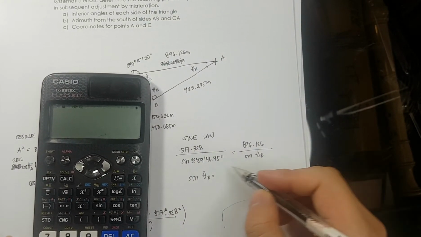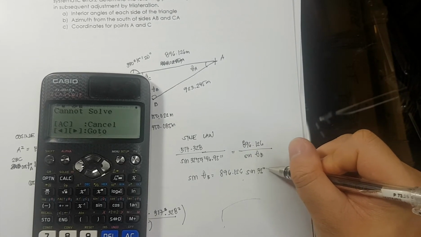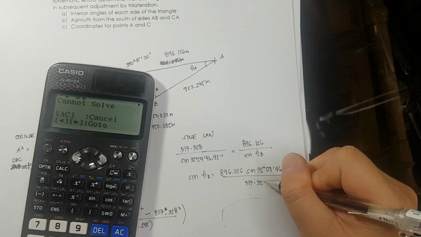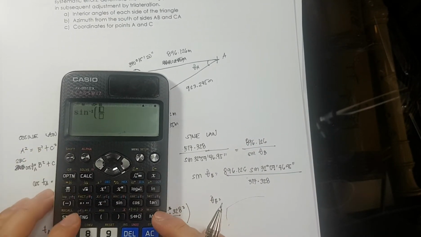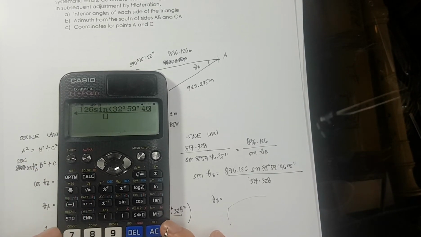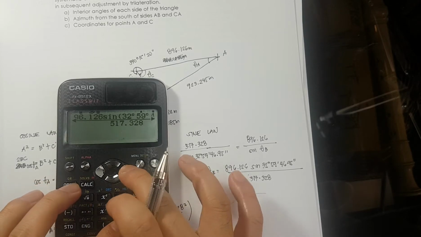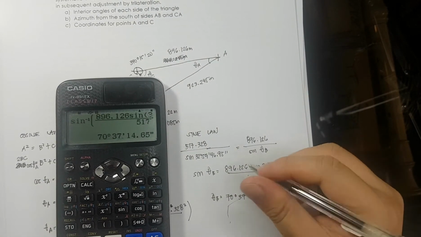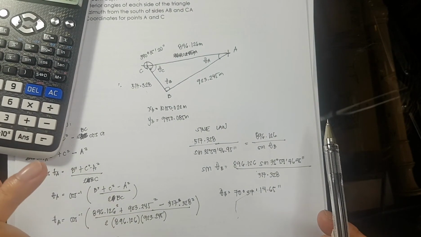So we have sine theta B is equivalent to 896.126 cross multiply sine 32 degrees, 59 minutes, 46.95 seconds divided by 517.328. Now, arc sine, that would give us theta B. So, theta B is equivalent to arc sine 896.126 sine 32 degrees, 59 minutes, 46.95 seconds divided by 517.328. And yeah, that is 70 degrees, 37 minutes, and 14.65 seconds. So for the third angle, you can use sine law or cosine law again, or we can use